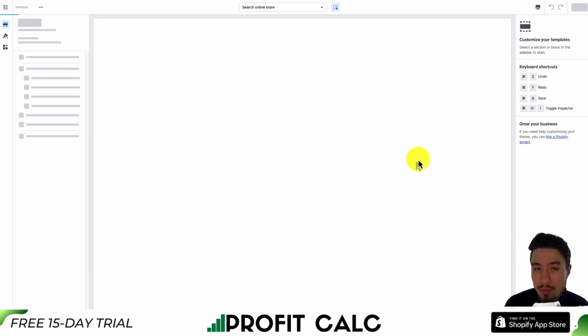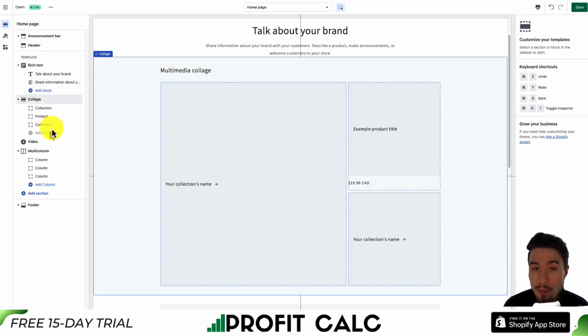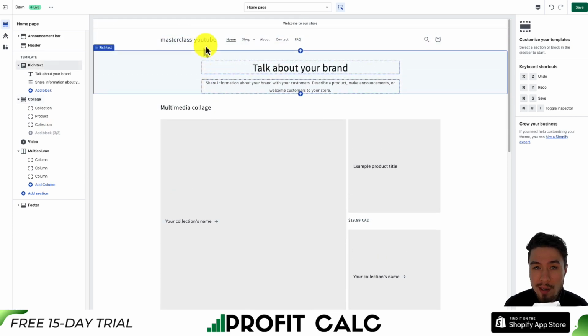So click on that and this will open up the theme editor. So this will be where you can customize your theme. And currently we're on the home page, and on the left hand side we can see the different sections that exist here. I've removed some of the header images that were here before, so we can do a clean addition